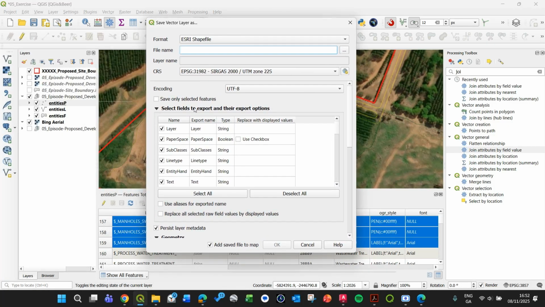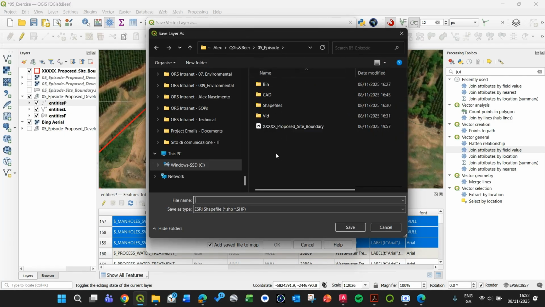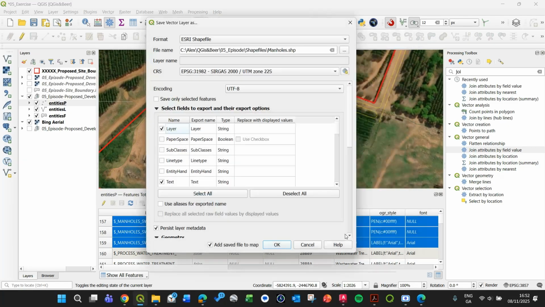Let's select what we want. I don't want all these fields, so I will deselect, but I will keep layer and text in this case, for this example. I'll look at where to save this, and this one will be our manholes. I'll overwrite those manholes,